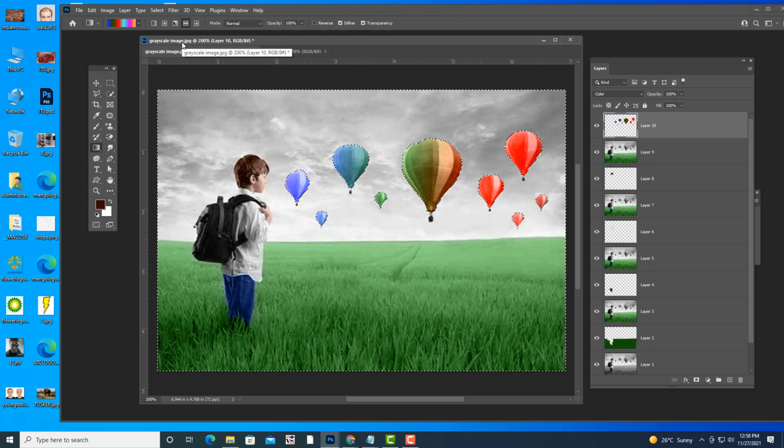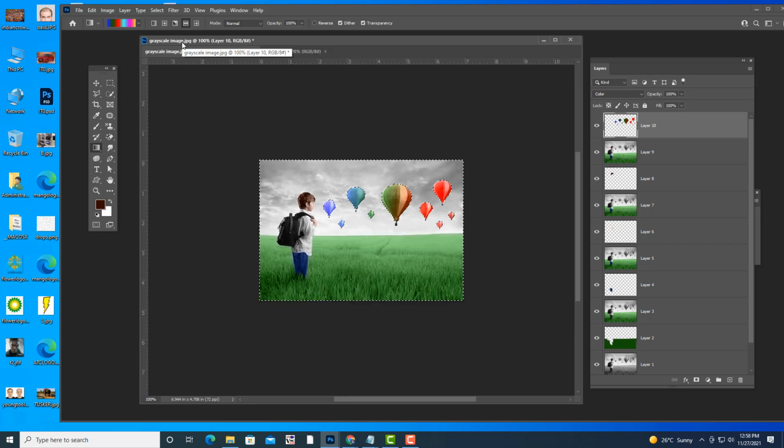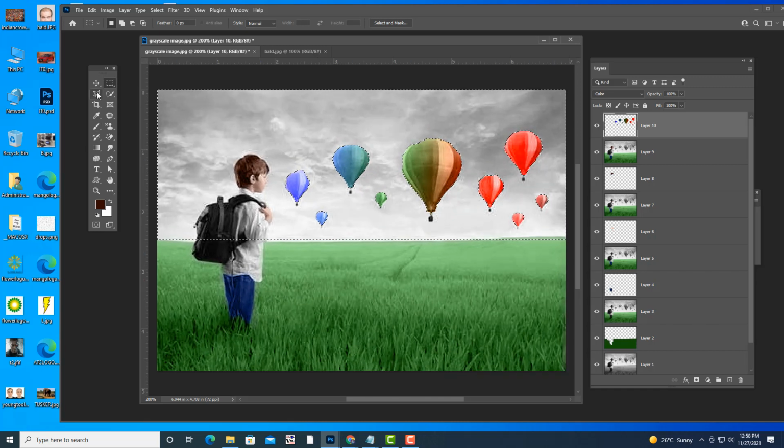Now we have to select only the sky. So we have to subtract this grass and boy. For that we will select the marquee tool, and we will use alt and first subtract the grass. So I have now subtracted the grass. Now I have to subtract the boy. So we are going to select the polygon lasso tool. Okay, let me hold alt.